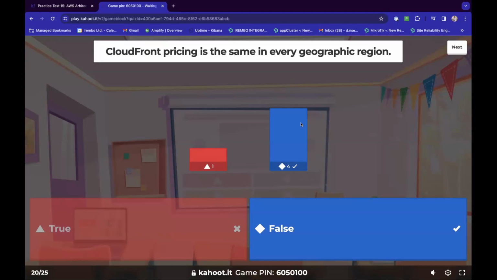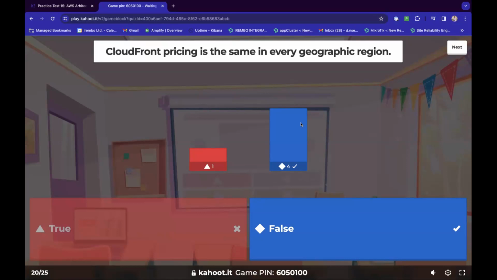I'm not sure if this applies to all services, because global services, a lot of them are not priced like IAM, VPC, and the other ones.